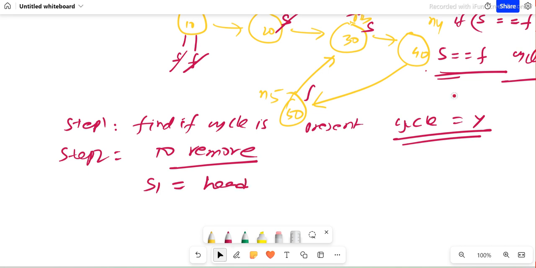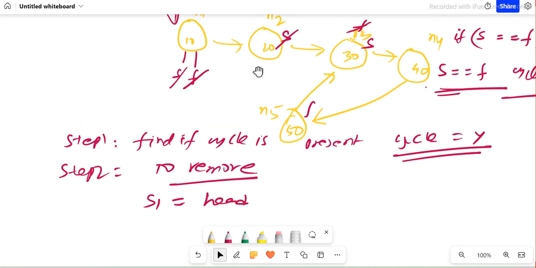S1 should always be pointing to head again here. Okay, we will see how it works. And now S2 should be the slow pointer, which was here, the meeting point, right? This one. This was the meeting point, no? So S2 should be this one. And then I say, okay, you continue to move,